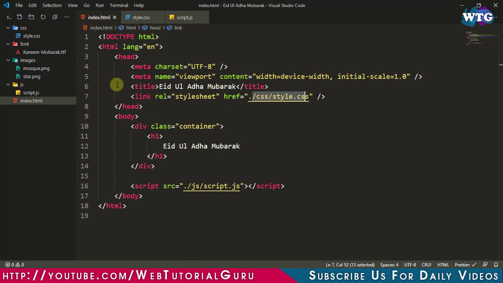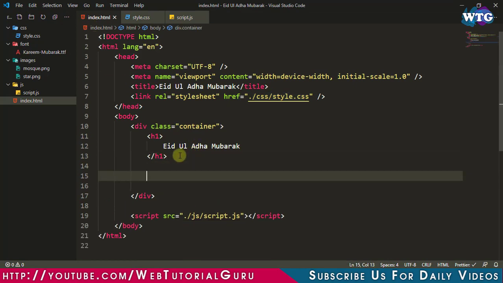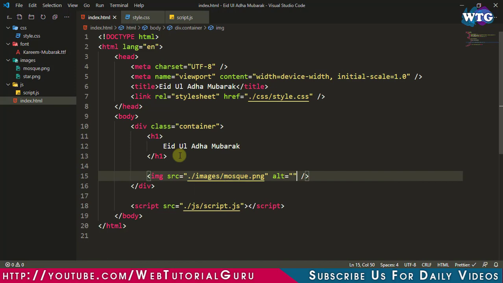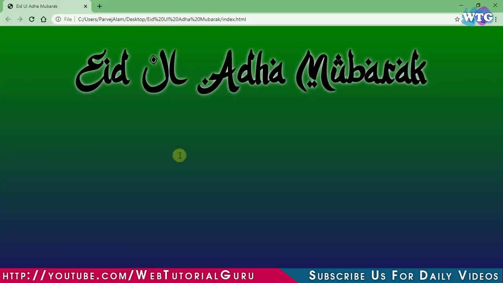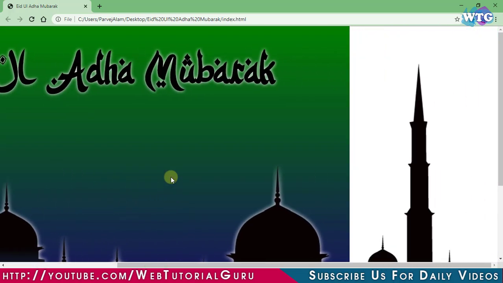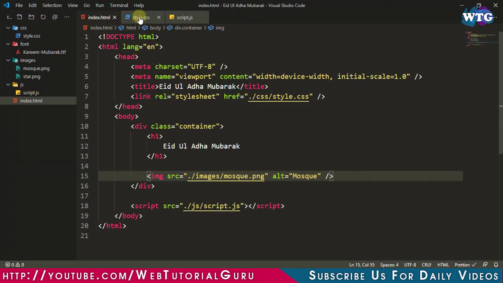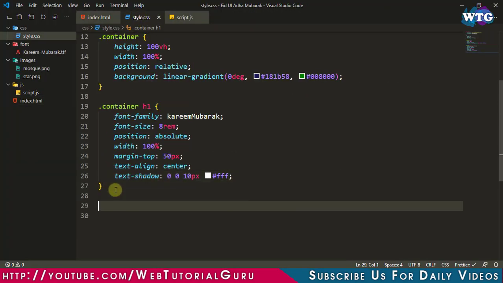For this let's go to the HTML part and add image tag. Let's assign the image. In alt attribute let's assign mosque and refresh our web page. Mosque image is bigger, so let's come to our style.css and add some CSS properties to the image.